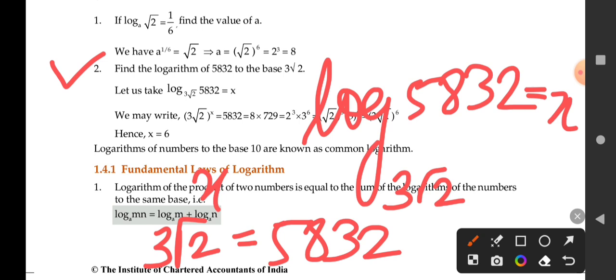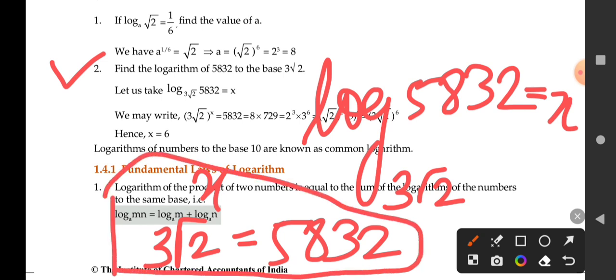Okay, so on your calculator, what does this equation mean? That 3 root 2 should be multiplied how many times to get 5832? So we are going to press 2 root into 3. Okay, this is the value of 3 root 2. Multiply by. And now equal to, count the number of times you are going to press equal to until you get